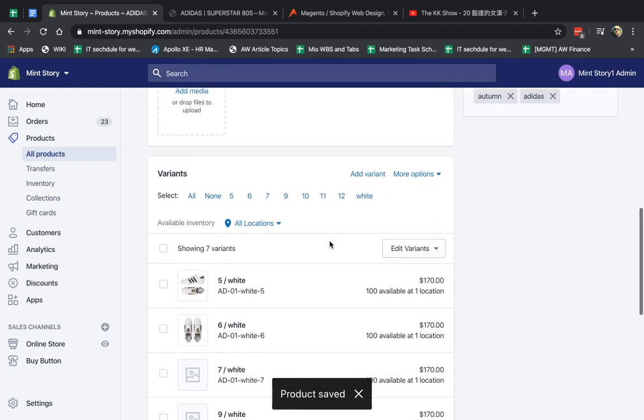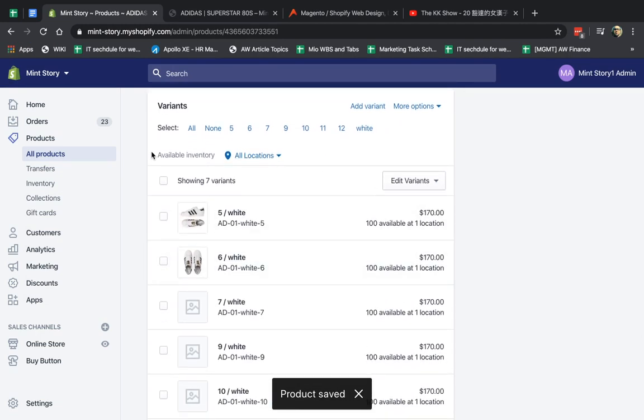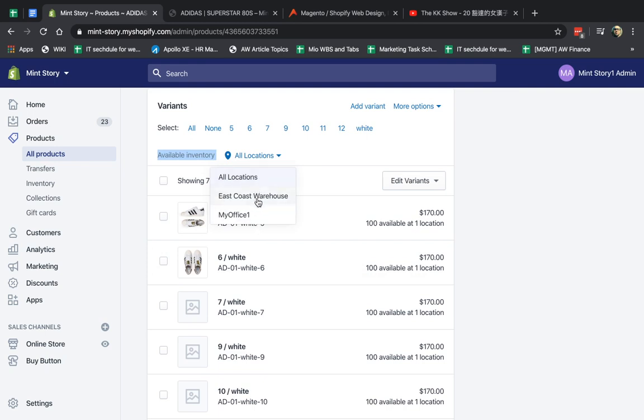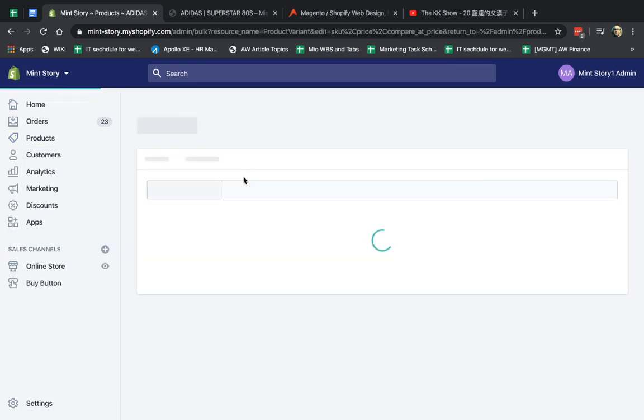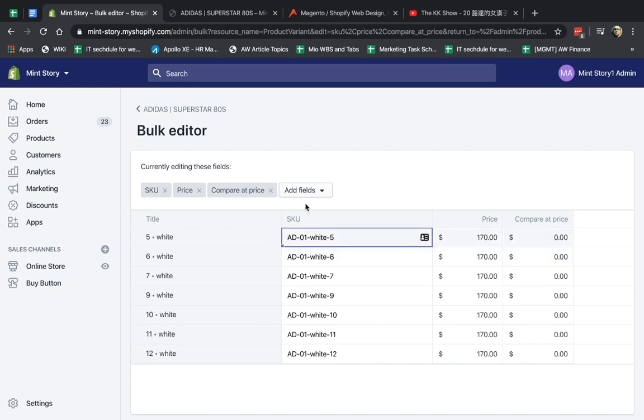So I'm going to go here back to variants. And if I have multiple warehouses, multiple locations, I'll have the difference here. Sometimes you have different inventory in different locations. So what can you do here? You can obviously open the bulk editor, for example. You select all, and you can easily manage these, right? So you can change, for example, maybe the price.